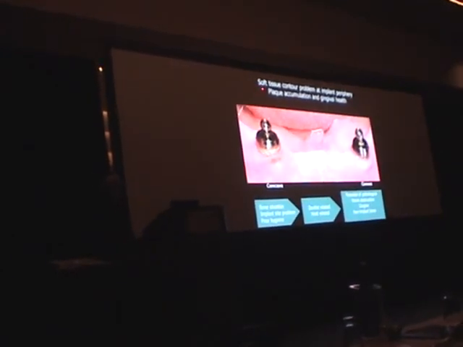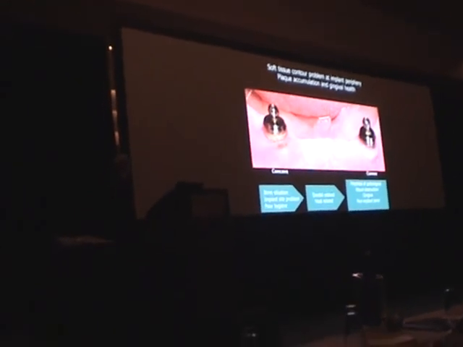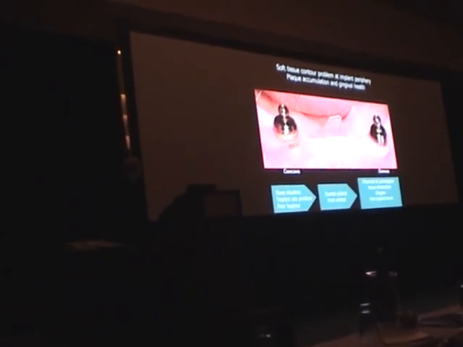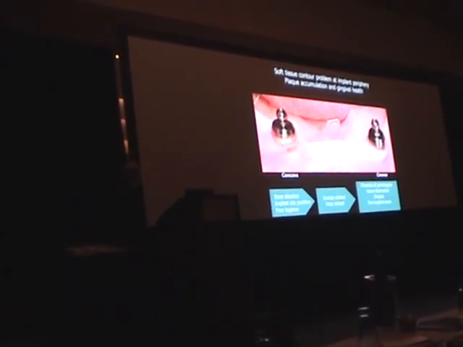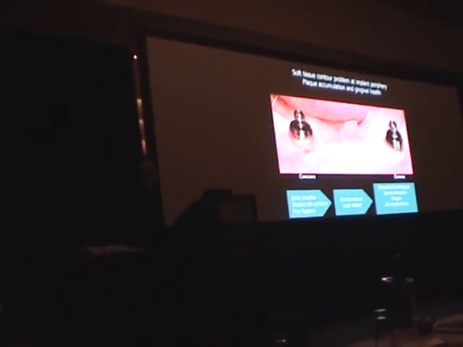Another problem is soft tissue contour problems at the implant periphery, with plaque accumulation affecting gingival health. Why? Because of concave contour in the same mouth. This is the convex contour around the implant, the soft tissue contour. This is the bone situation, not only the